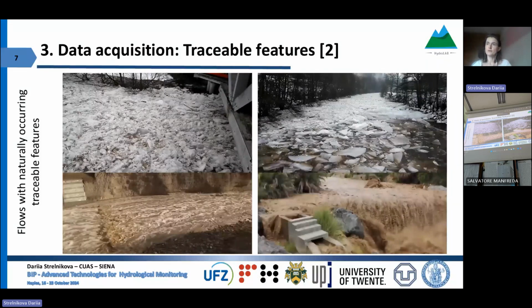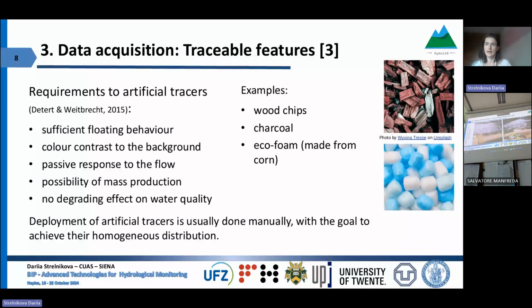And if we use artificial tracers, these must be tracers which meet the following requirements. They have to be floating in order to represent the behavior of the flow. They have to have a color contrast to the background, so they need to be well visible within the flow. They have to have passive response to the flow to describe its behavior properly